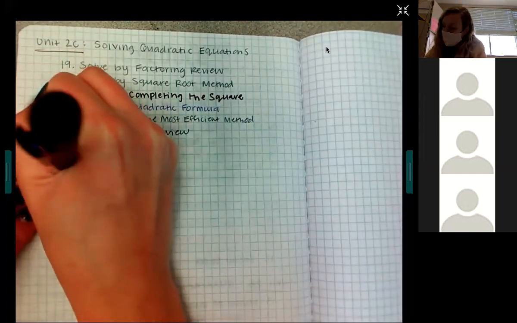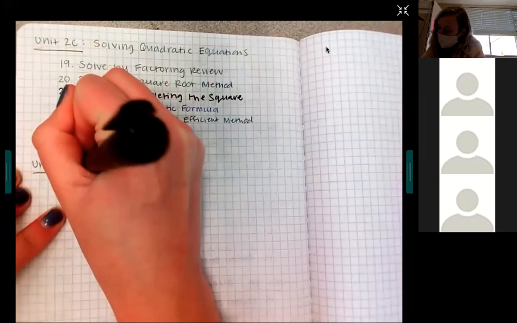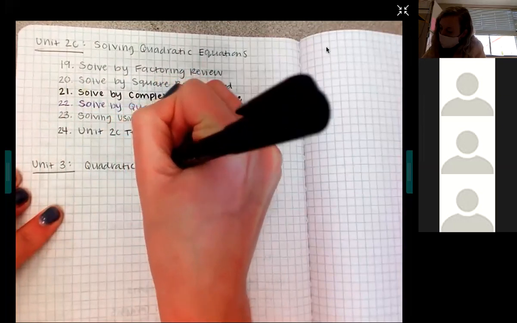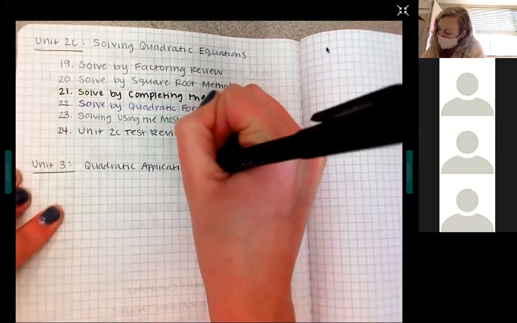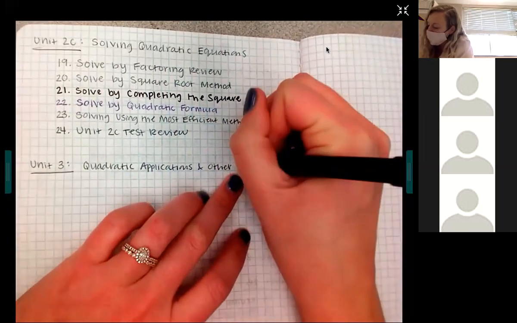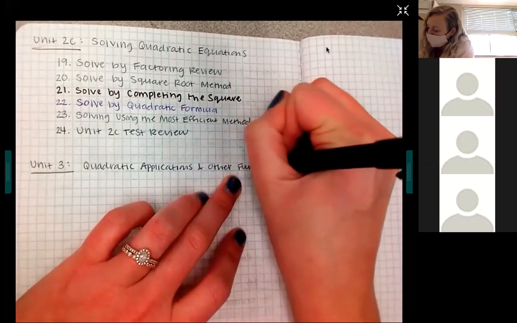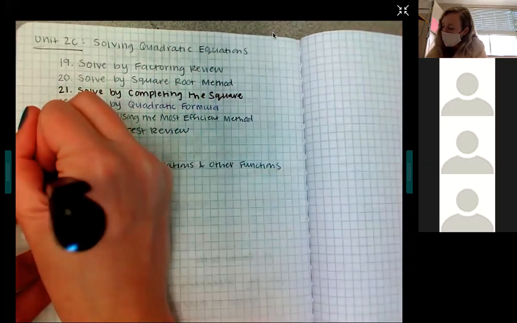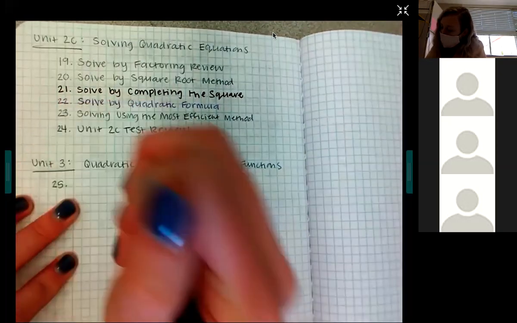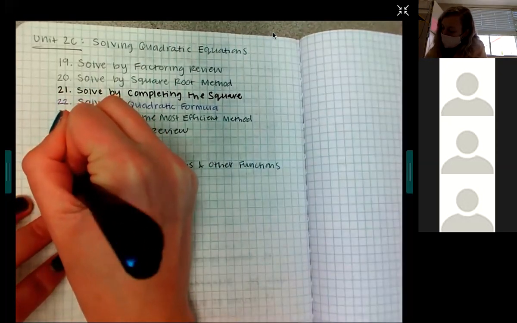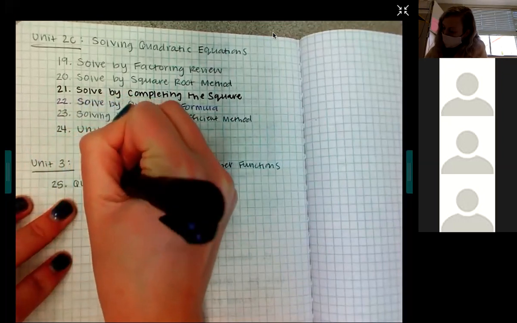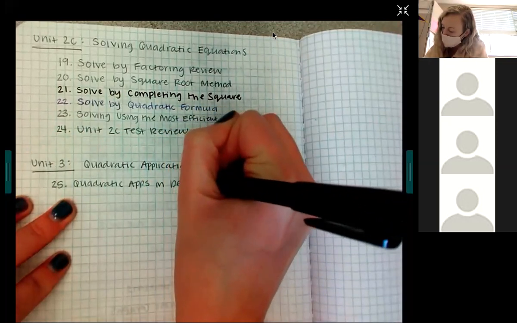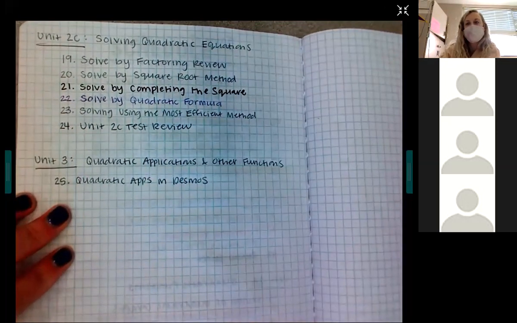And then today we're starting Unit 3, which is on quadratic applications and other functions. And then we're going to be starting page 25, which is quadratic applications in Desmos. So I'm going to pause and give y'all about a minute to make sure your notebook's